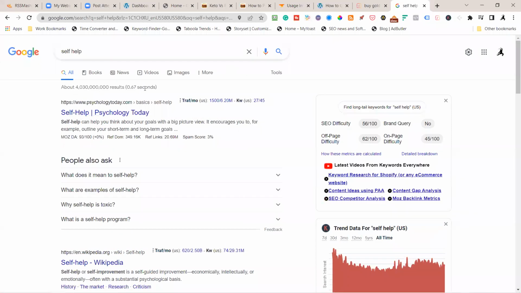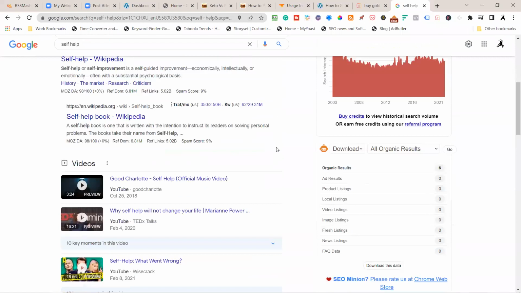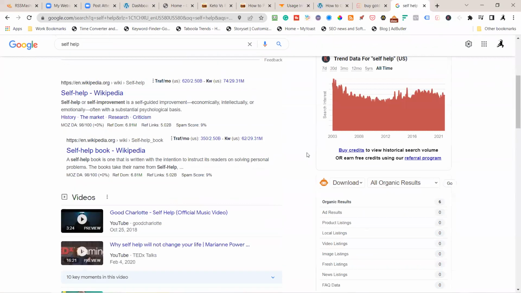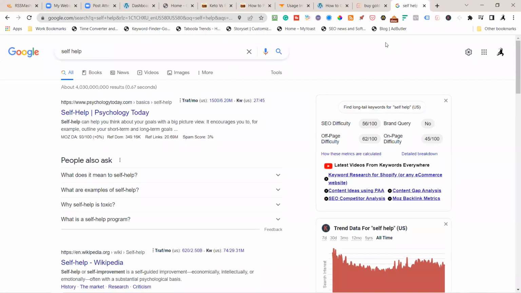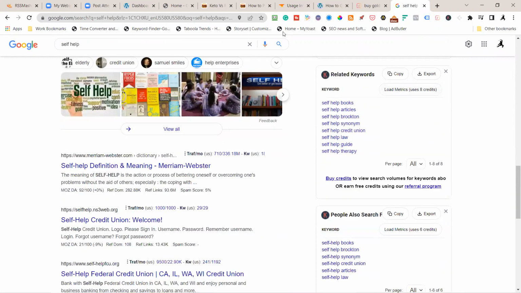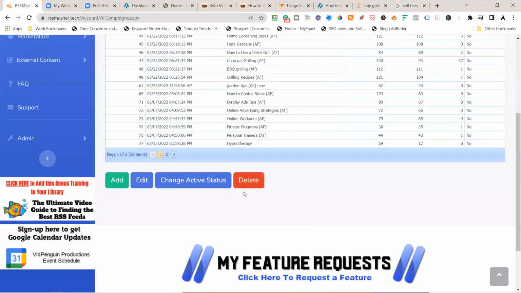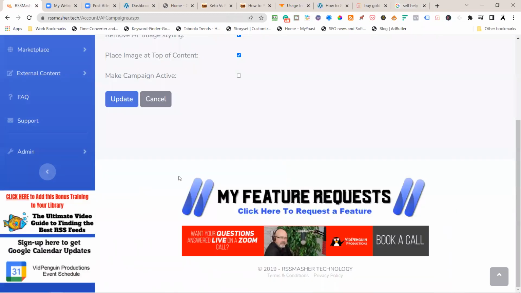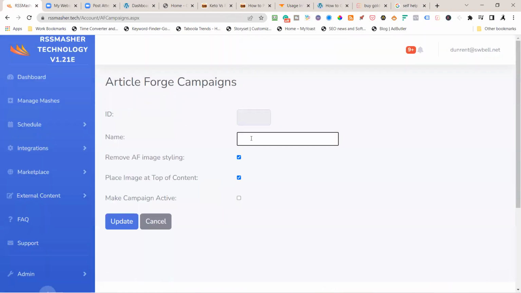There's a lot of search on it. So I've got Keywords Everywhere. This is a free plugin, and I've got it activated. It's right here. It's a Chrome extension, and I come down here and I can copy the keywords. Let's come over here, and we're going to add self-help. Okay, hit update,